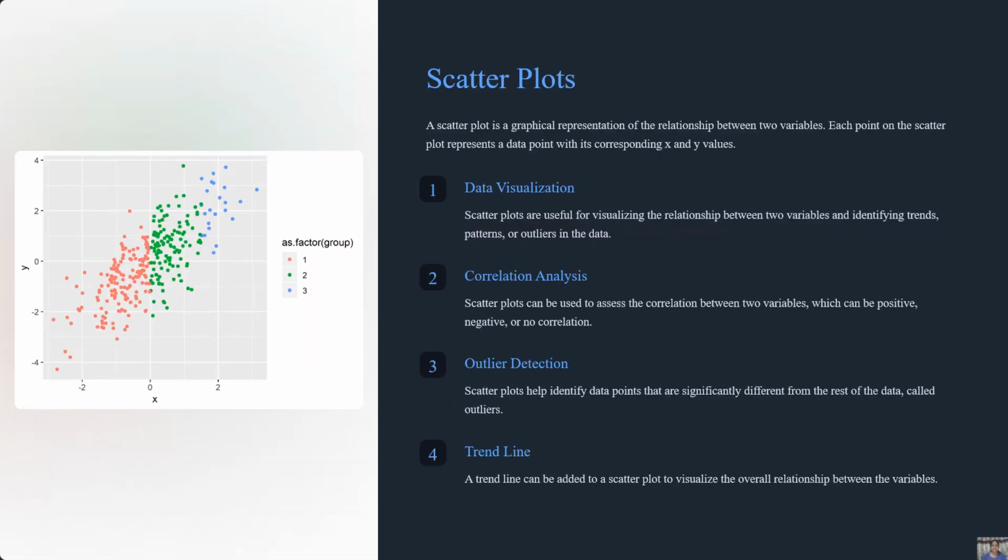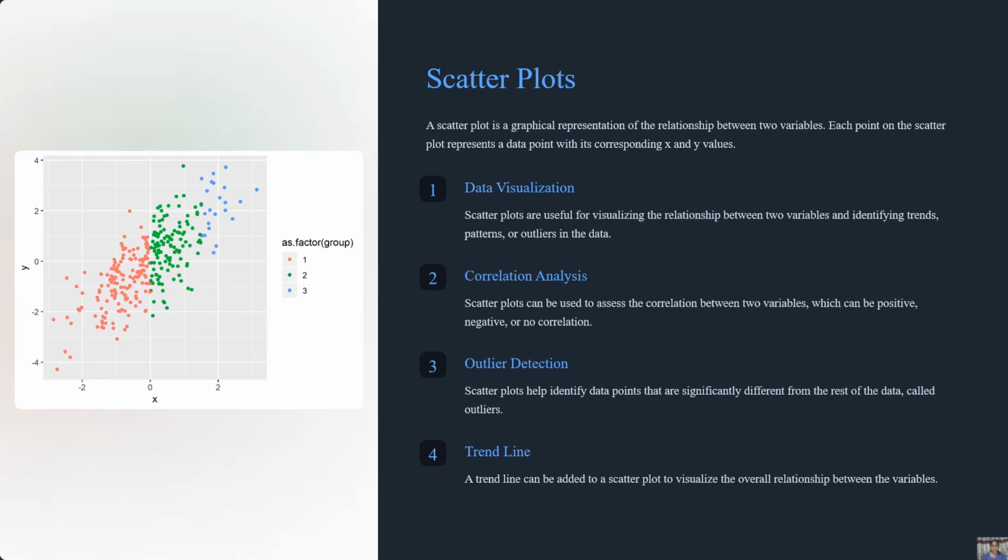Scatter plots. A scatter plot is a graphical representation of the relationship between two variables. Each point on the scatter plot represents a data point with its corresponding x and y values. Data visualization. Scatter plots are useful for visualizing the relationship between two variables and identifying trends, patterns, or outliers in the data. Correlation analysis. Scatter plots can be used to assess the correlation between two variables, which can be positive,